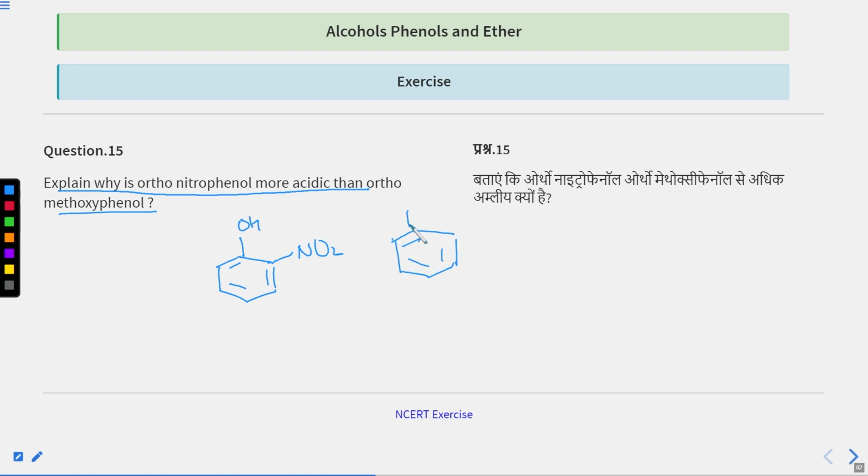Suppose this is phenol, and orthomethoxyphenol. Out of these two, which one will be more acidic? So at first sight, you will say that this one is more acidic. Okay,